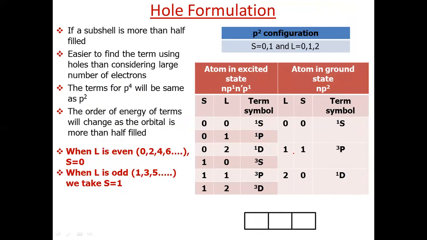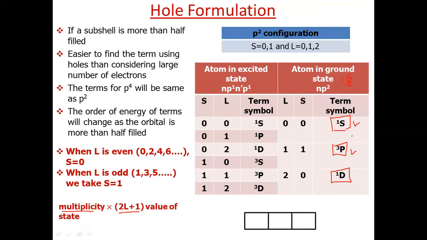Now we can also calculate how many microstates are present in a term symbol. Like we have 15 microstates for a p2 configuration. All these 15 microstates can be represented by these three term symbols. We can calculate the number of microstates which can be represented by a given term symbol by a very simple formula, which is multiplicity multiplied by (2L plus 1) value of the state.